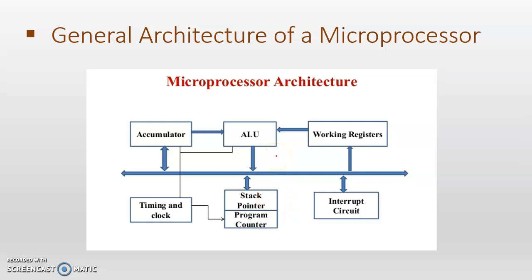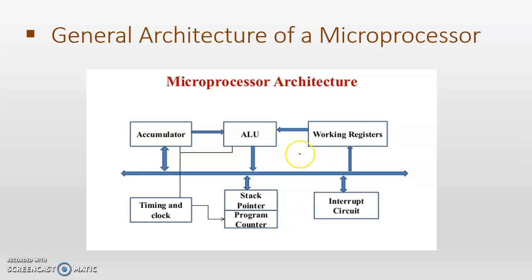When we execute any program, the program is stored in a memory, and memory has an address. So this address can be pointed with the help of the stack pointer. These addresses will be stored in the stack pointer, which points to that particular segment in the memory, and that will be executed by this ALU. Similarly, the program counter counts the program, that means it points to the program.